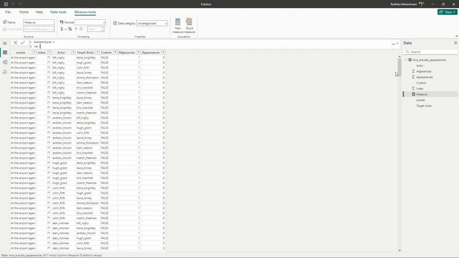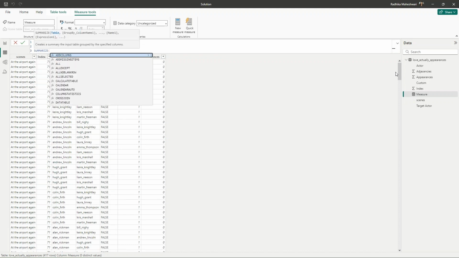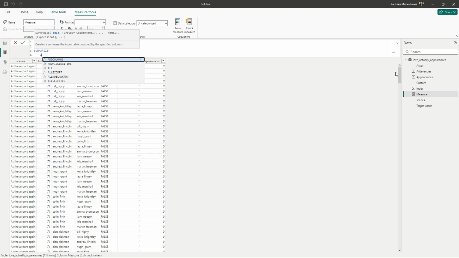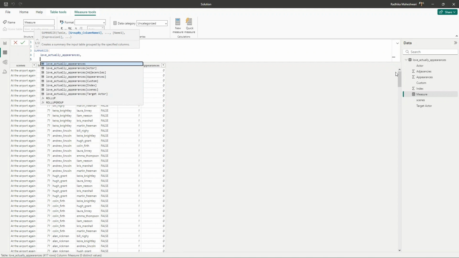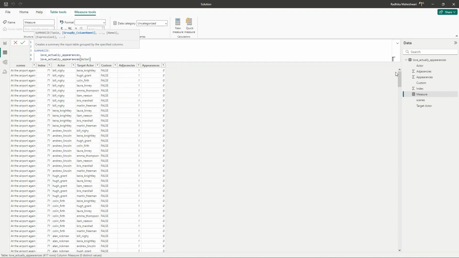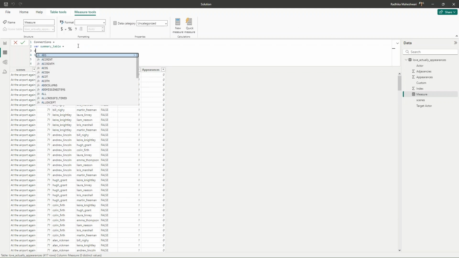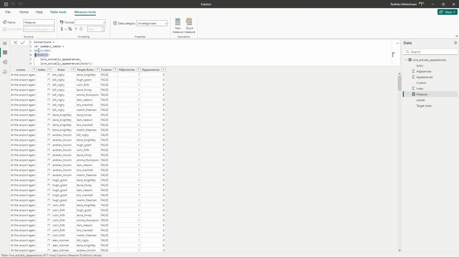So I will create a summary table as a variable. So summary table. Now we are going to use summarize and add columns combination to create the summary table. I will start with summarize first. We need to summarize the appearances table. What we need to do is get actor. So I'll find actor. From this table, we only need this particular column. So I'll close the brackets. And now I will use add columns function. And in add columns, I will pass summarize as the table.